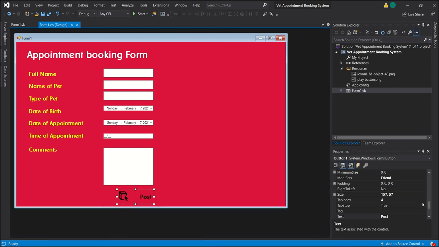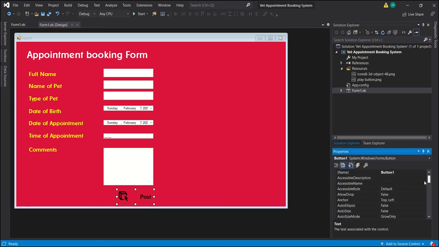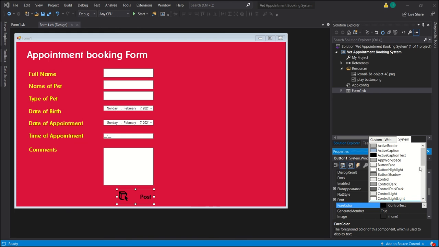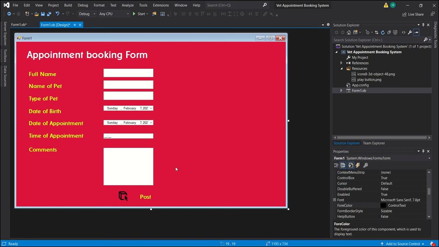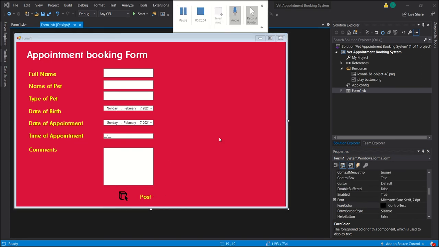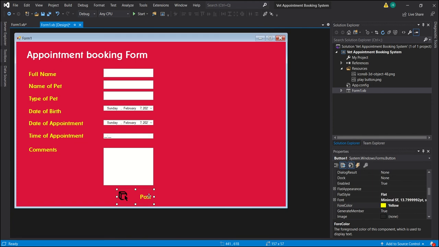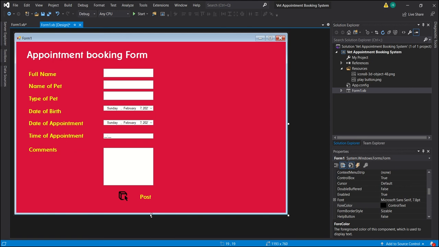So you go to font, make sure this is selected. So go to the fore color. So under fore color, I'm going to make that yellow. So go to custom and just use the default so that it matches with the other ones. Of course, it will make sense to have that icon the same color as well. So this is just one option to play around with. Of course, I need